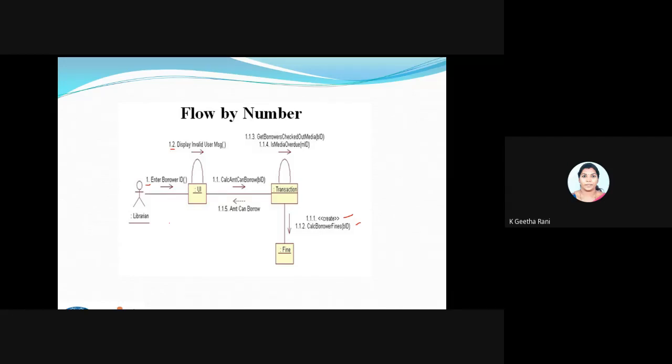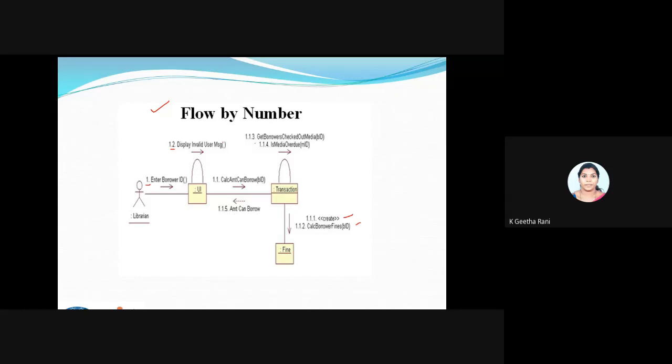It's a must. That is what is called flow by number. We can see 1, then 1.1, here 1.2, and again this goes there. We are just arranging the objects not in order, so this number tells us what is going to happen after this. After 1.2, what will be there actually here?